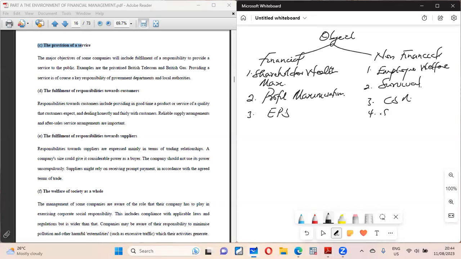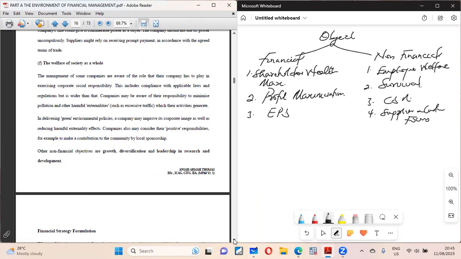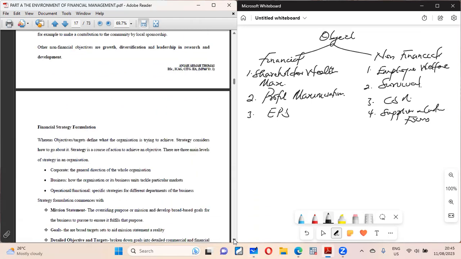Customer and supplier focus. Supplier and customer focus. All right. There are issues of that. All right. I remember when I was in